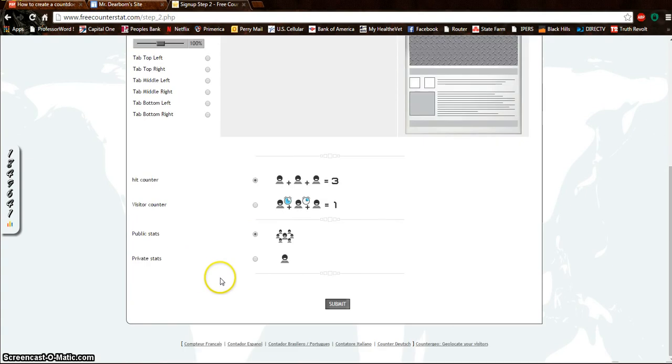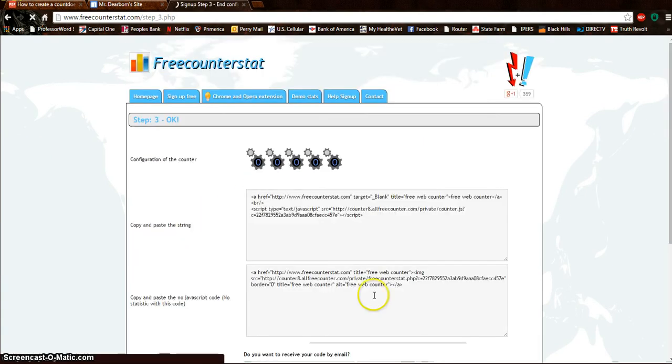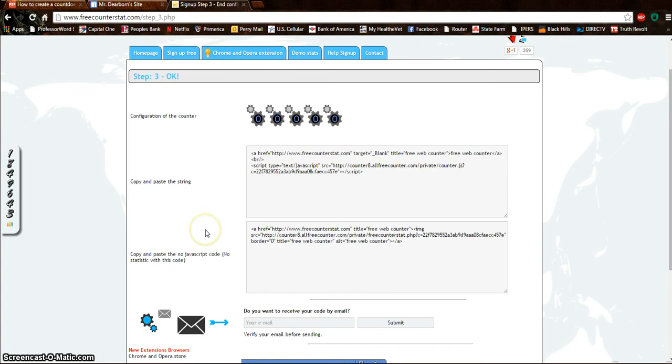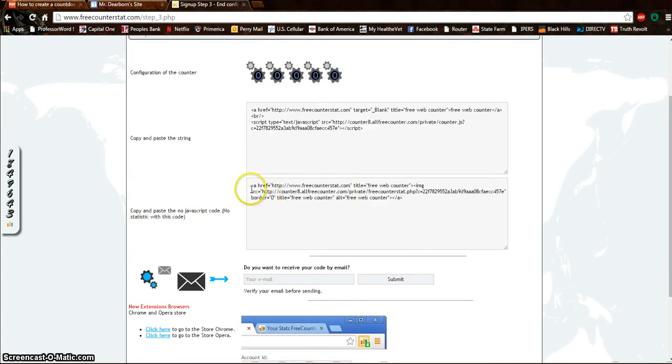You can do a visitor count too. This is what I like. I'm going to click submit. And it gives you 2 configurations. One here's with JavaScript, which we cannot do within Google Sites. So I'm going to take this one here,